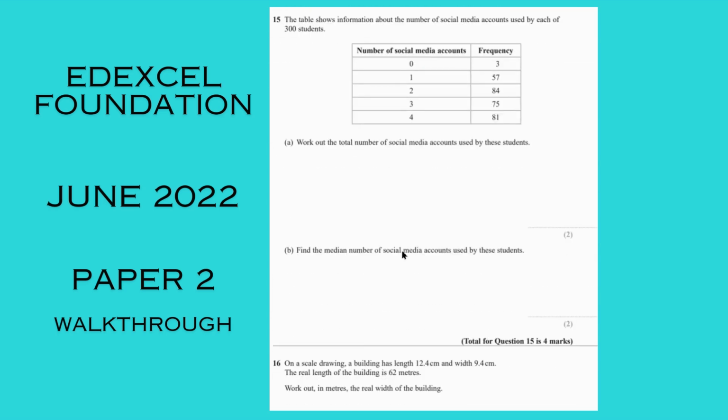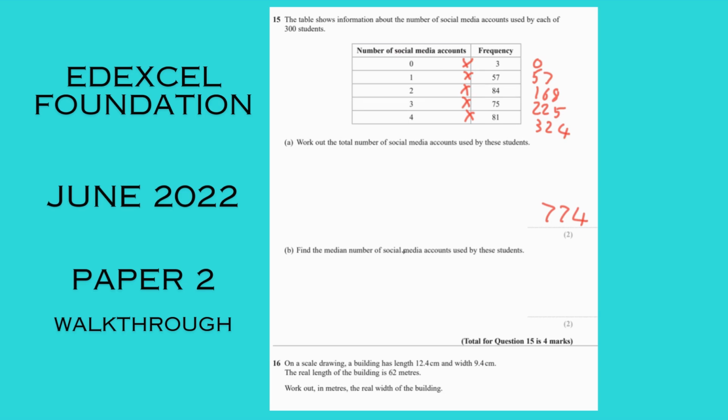Number 15. We've got some information. Work out the total number. So that means 0 occurred 3 times. So these are all multiply. So 0, 57, 168, 225, and 324. It asks for the total, so there's no need to divide. We're not finding the mean here. Total is